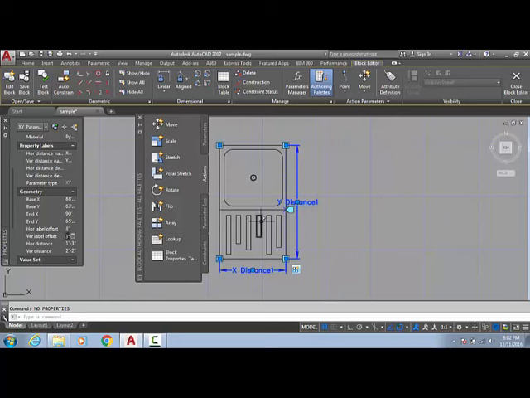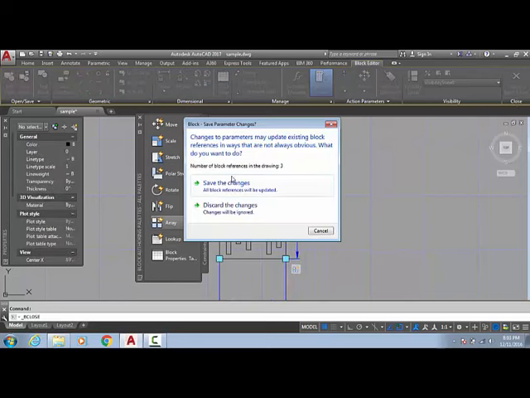This is horizontal level and this is vertical level, so I am going to change the horizontal level or vertical level. Instead of vertical level, I will change the horizontal level. You will get a better idea. I am going to make it 10 feet. Okay, now enter, close block editor, save changes.